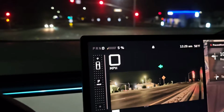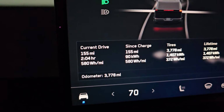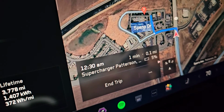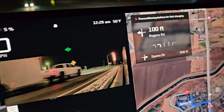Alright, here you can see we're at 5%. It was going about 75 to 85 and we used 480 watt hours per mile. Right, you can see we're almost there. And again, we're going to charge up a lot at this one because it's only 33 cents a kilowatt hour